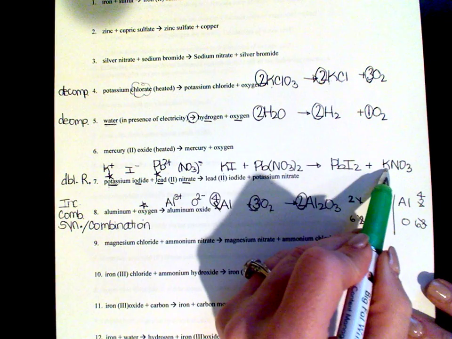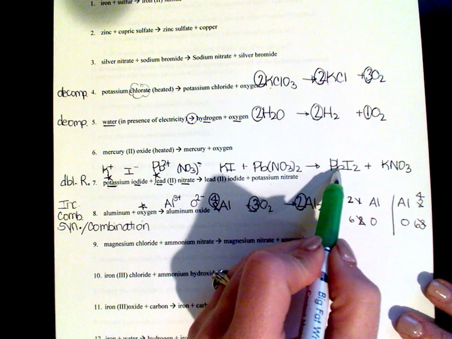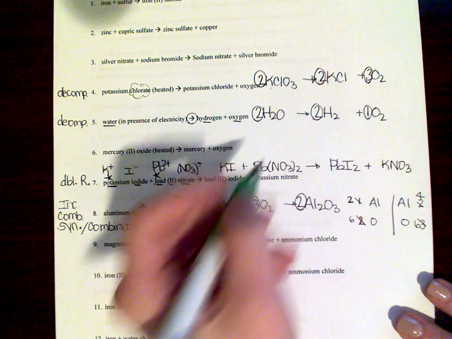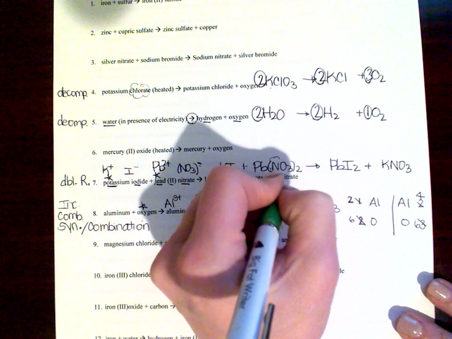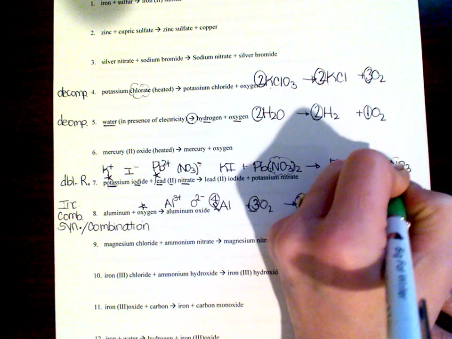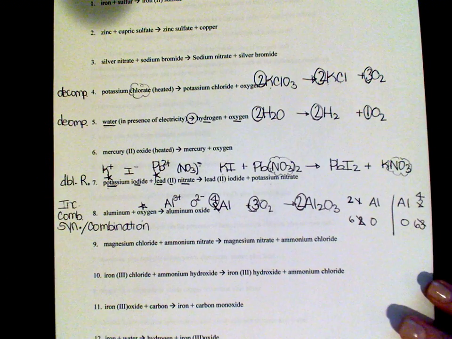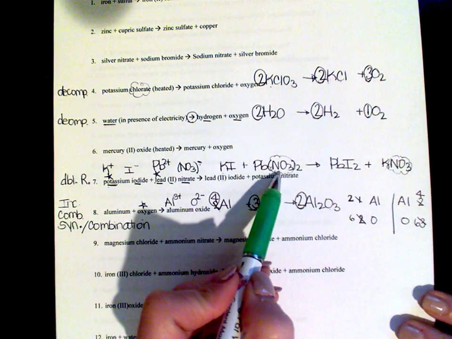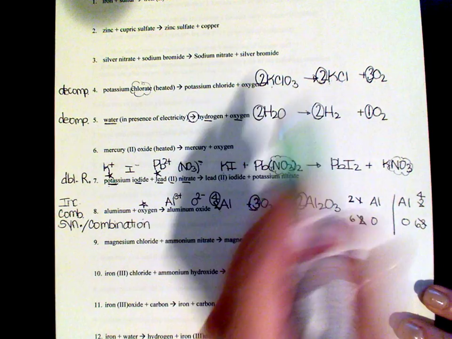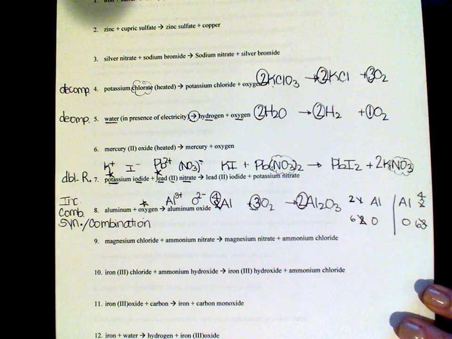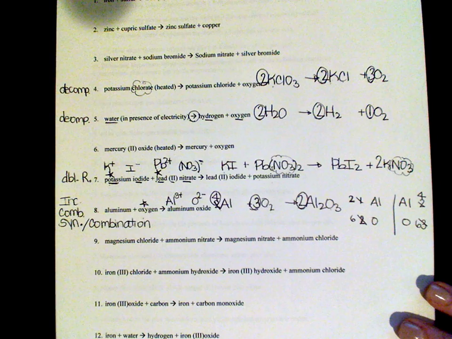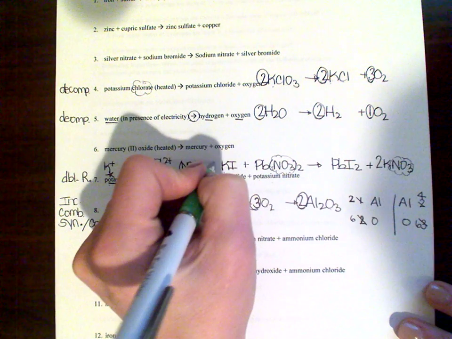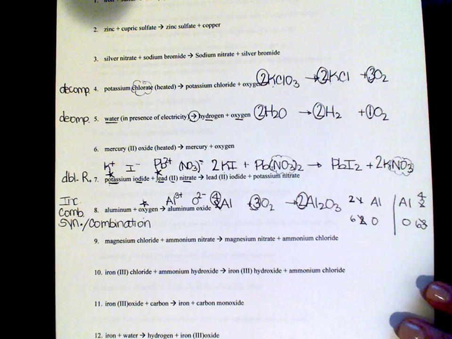1 K, 1 K, 1 Pb, 1 Pb, 1 I, 2 I's. Now one thing you can do is keep your NO3s together like this. You don't have to separate it into N's and O's. What I like to do is say, okay, I have 2 NO3, 2 nitrates here. So I'm going to put a 2 in front of the KNO3 to make 2 nitrates there. Since I have 2 K's here, I'm going to put a 2 in front of my K on the reactant